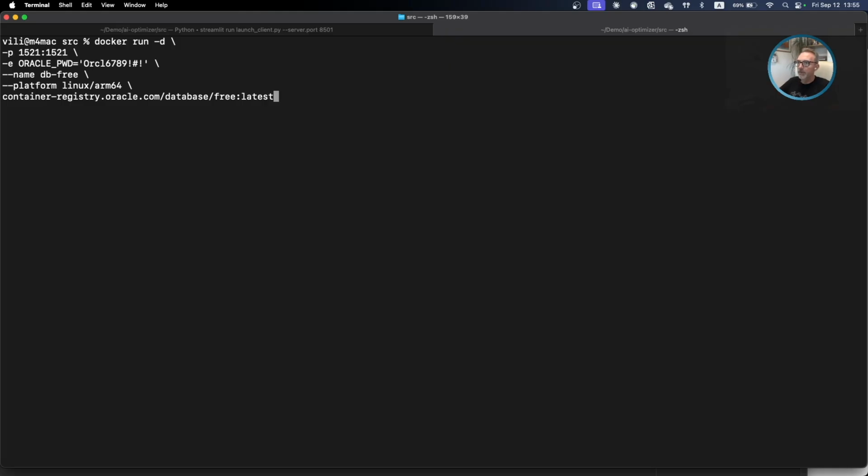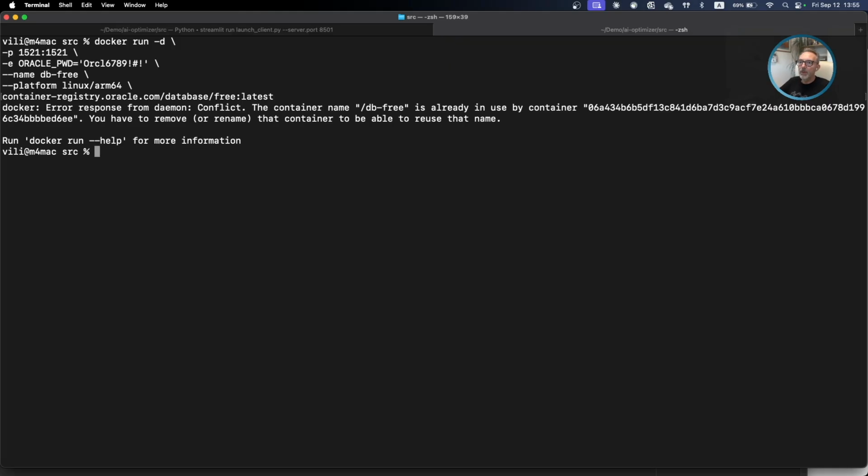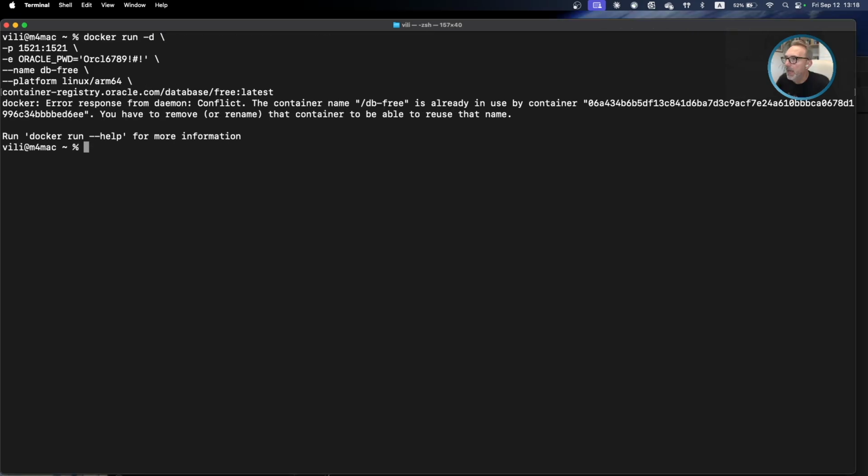So let's try it. Let's hit it. And since we already did that, and we have a container running already under that name, we are simply getting an error to first remove the name or change the container name. And I will just start that database. But in your case, if you're running this for the first time, it will download and install the database.